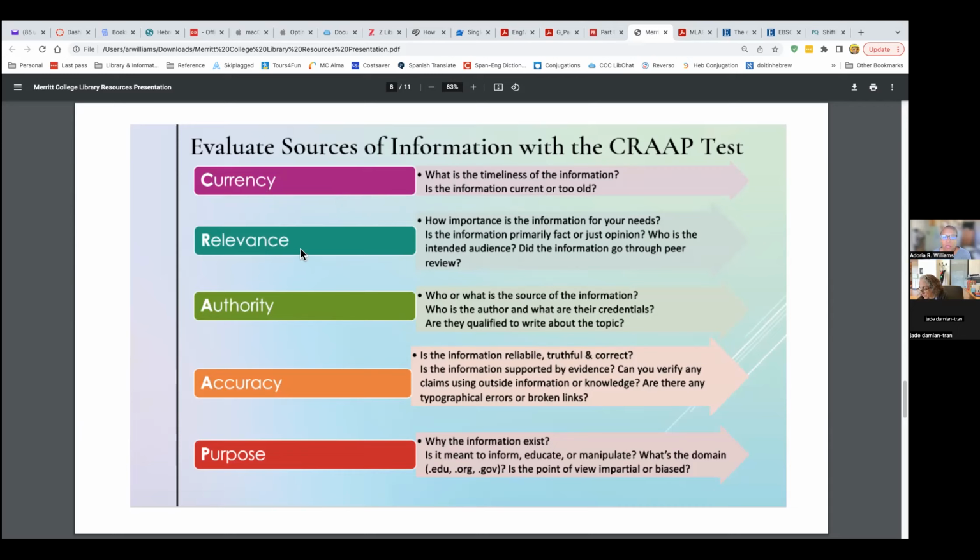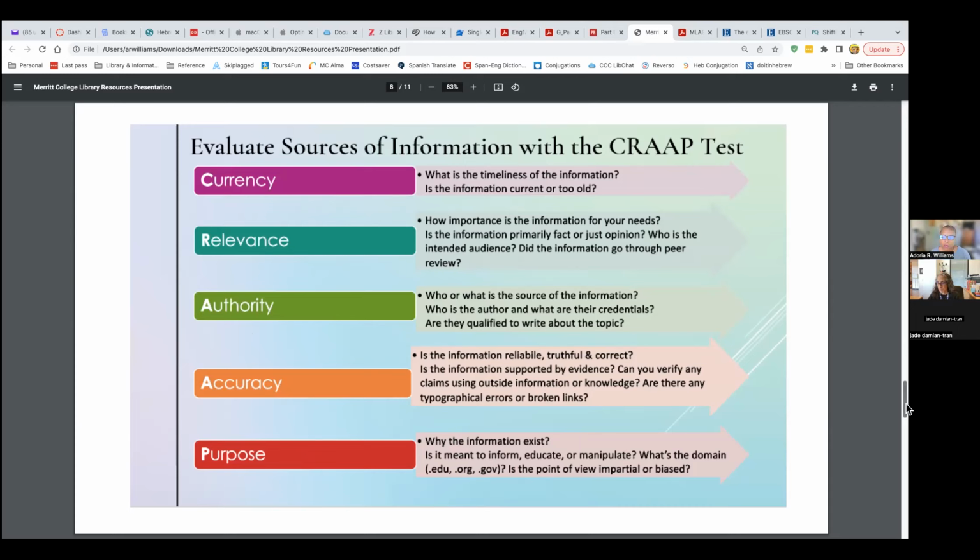You would look at the relevance of it, the authority. Where did the source come from? Who's the author? What are his credentials? You would look at accuracy. Do you see any typos? Do things look crazy? Are there a lot of pop-ups for you to buy a Thigh Master or something like that? You have to be on the lookout for these things. And then purpose. Why does the information exist? Is it to manipulate you into buying something? Is it just to inform people who read, to educate? Okay, so that's the CRAP test,